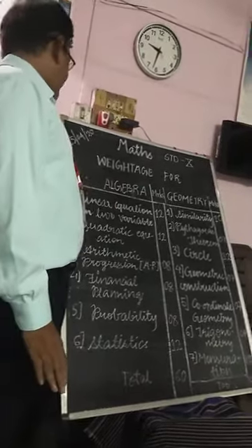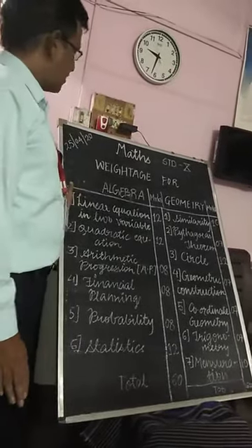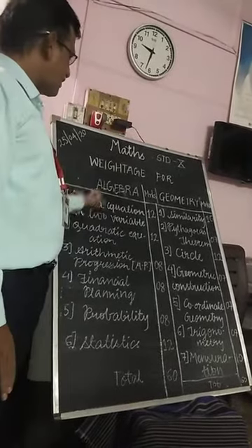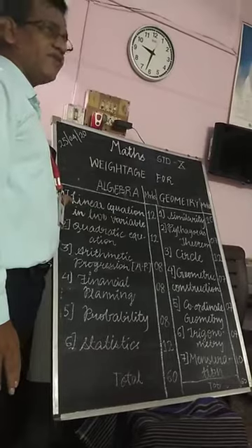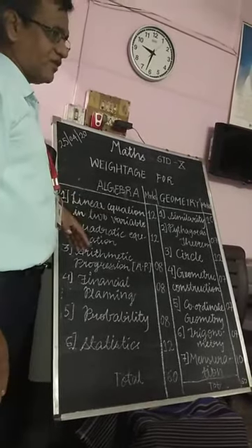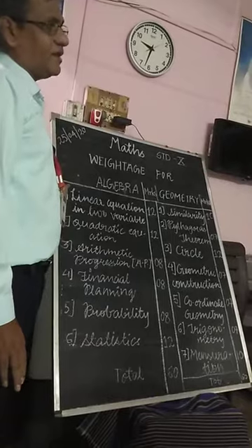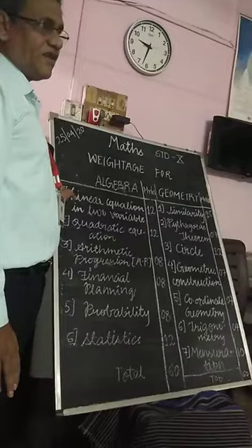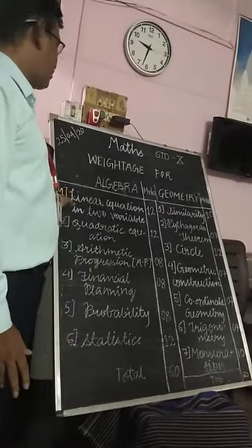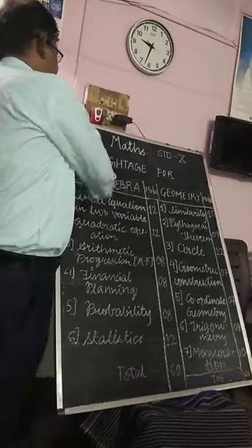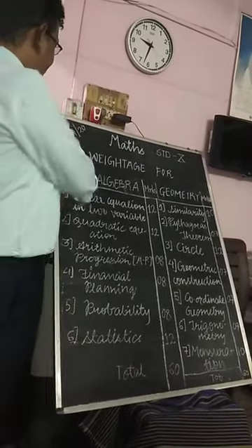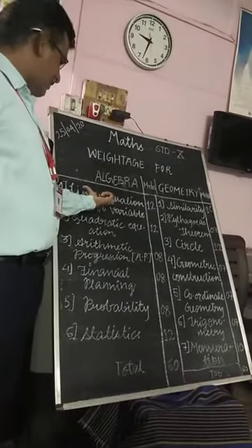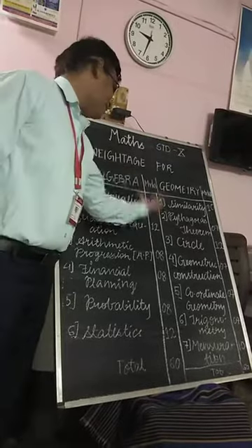Now to solve the linear equations, there are different methods. One method is equalizing the coefficients. The second method is Cramer's rule. And another method is called the graphical method. By using the graph, we can solve the simultaneous equations, that is, find the values of x and y. So we have to learn three methods to solve simultaneous equations in the first chapter, linear equation in two variables. This is a lengthy chapter and it carries 12 marks.